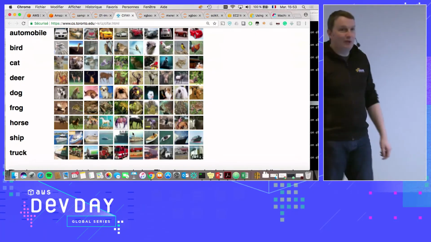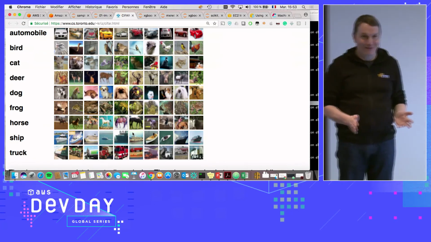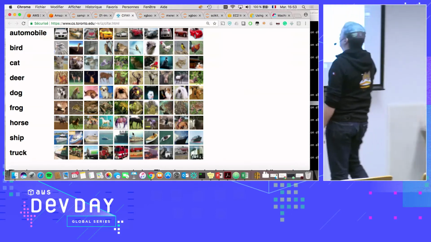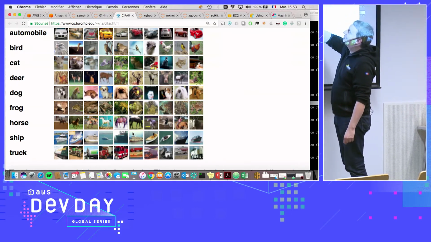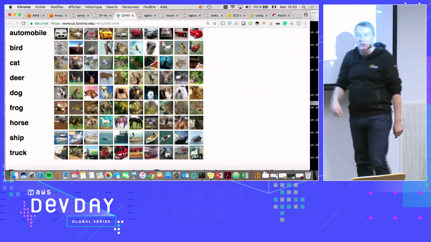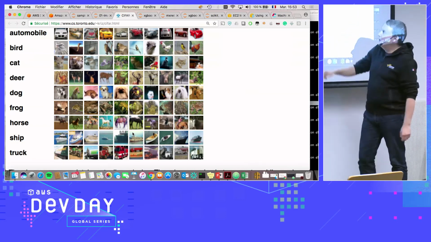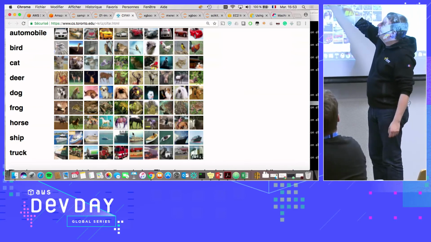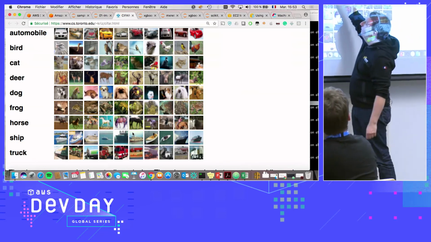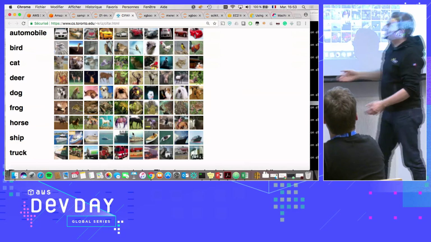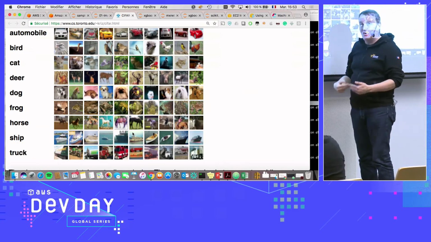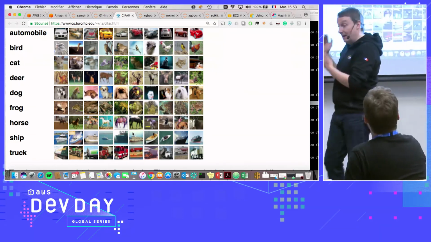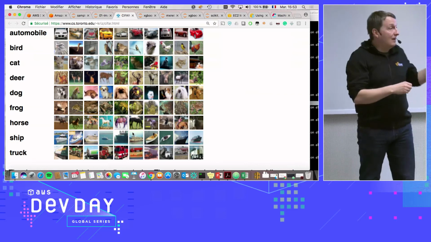Training sets tend to be very nice, right? So if you look at this one here, the deer, even with very tiny images, it's clear it's a deer. There's one single thing in the picture. This one doesn't even have a background. You see the antlers very clearly. So these are deep learning friendly pictures. And that's the training set, and the validation data set is the same thing, because the validation data set is